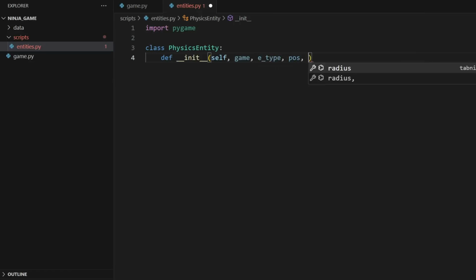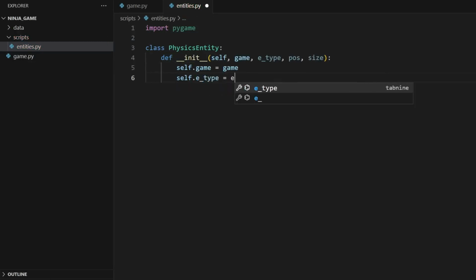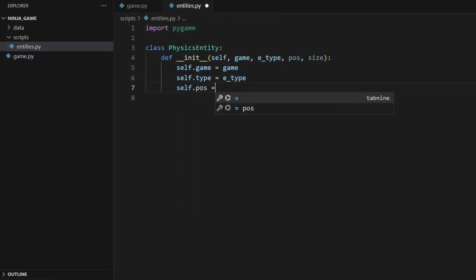We also want to take a position to spawn the entity in, and then we also want a size for the entity. So let's do self.game equals game, and self.eType equals type. The reason why I don't want to use just type here is because that's a built-in function, but using it as an attribute is fine. That doesn't override it. Alright, self.position equals position, and actually something interesting to do here is to